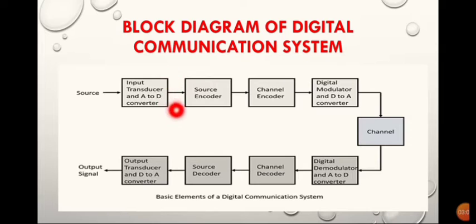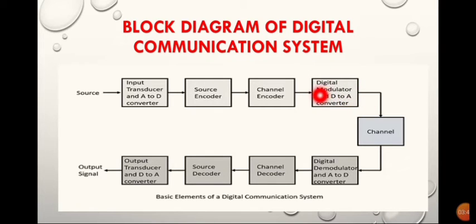This digital information is applied to the source encoder. So what is the source encoder? It encodes the information which we obtain from the source. Next you have the channel encoder. Channel means the place from where the information can travel, so it can be encoded by this block. Next you have the digital modulator. You know that modulator means what? The modulator combines the original information, that is the modulating signal, with the carrier, and the resultant signal is what? Modulated wave. So the modulator can do this.